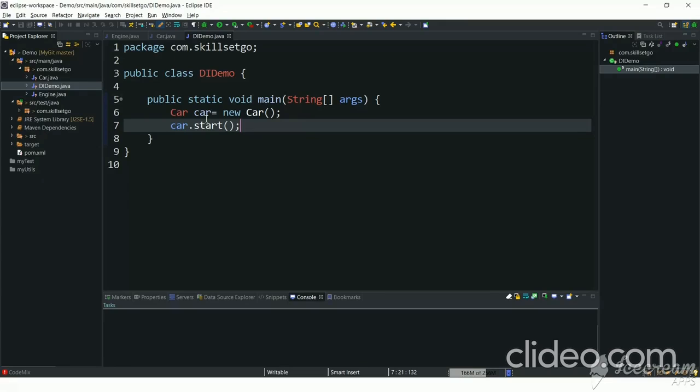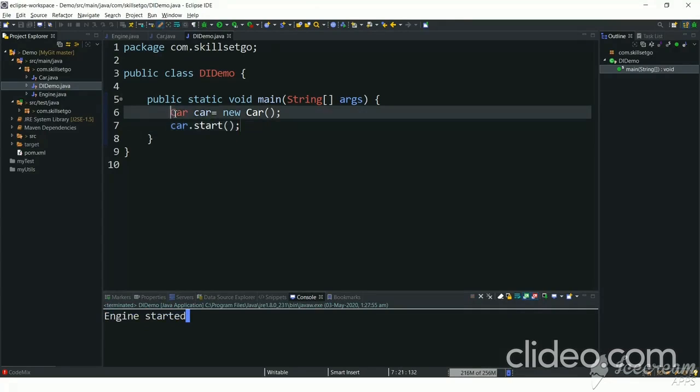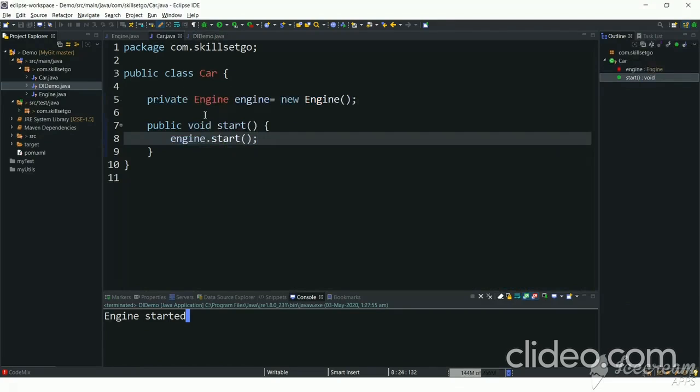Now if you execute, we'll get an output, engine started. So on the outside we just created a car object, but internally car is dependent on the engine object, and car is responsible for creating an engine object, and internally it calls the start method of engine.